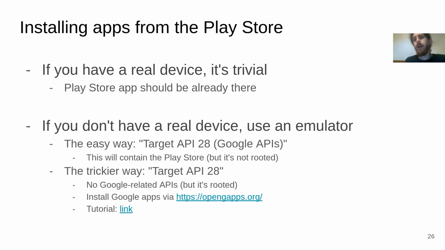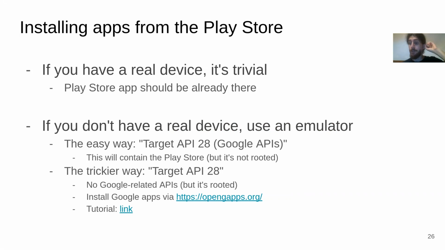So how can you install apps from the Play Store? Might seem a dumb question. Well, if you have a real device, it's very trivial. You just go and you install it, and that's it. If you don't have a real device and if you have an emulator, the easy way is to install an emulator with Google APIs. I've shown in the first class that usually when you select the image to start your emulator,